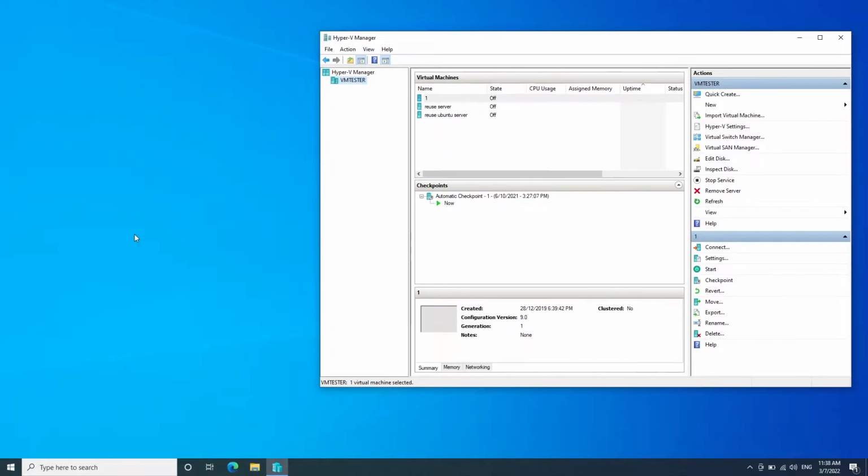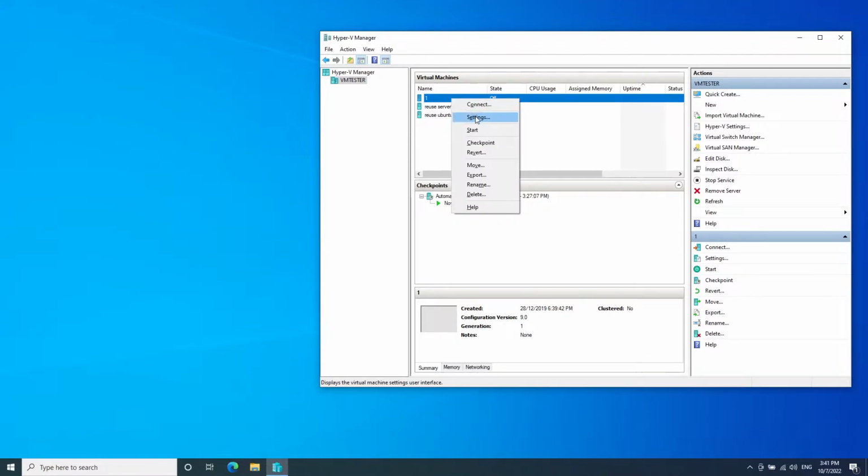So this is the Windows version of VMware, the Hyper-V. Now VMware is paid. There is a free version, but it has limited functionality, while Hyper-V is free from Windows. Very ironic, right? Now in Hyper-V, other than just creating your own virtual machine, you can add hardware to your virtual machine. Now for example, if you have an extra network card or hard disk or both, all you need to